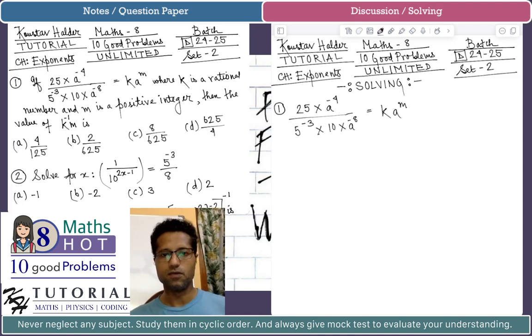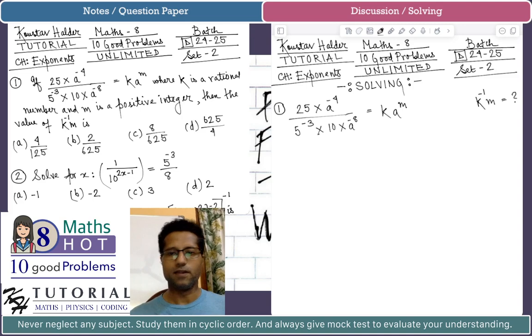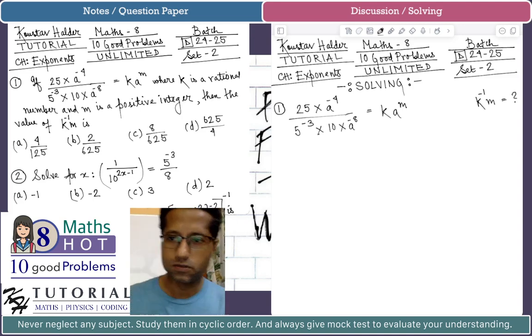So if this is the equation given, we have to find the value of k to the power minus 1, that is the product of reciprocal of k and m. We have to find this value, that is k raised to the power minus 1 multiplied by m. We have to find this value. Okay, so